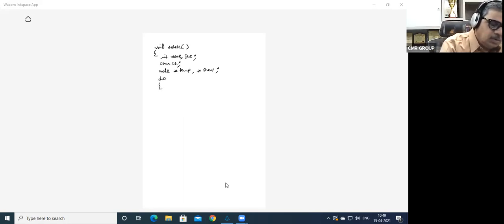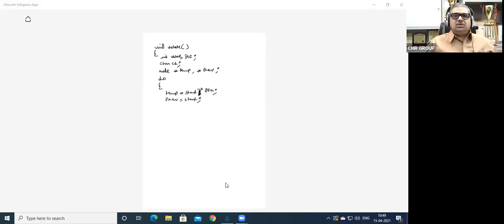Temp is equal to start arrow ptr, and previous is equal to start. So first you have to initialize this every time something has to be deleted, right?